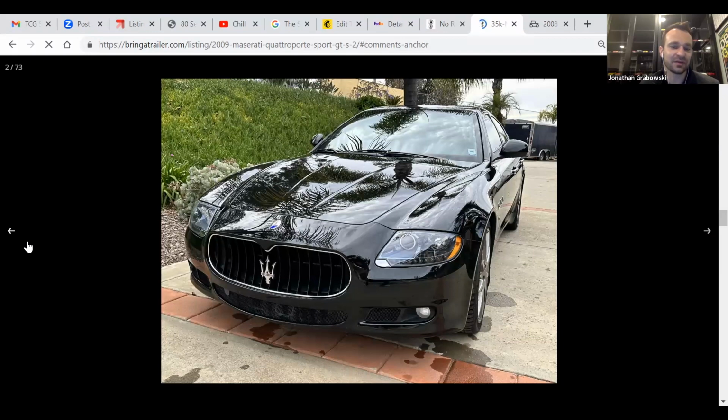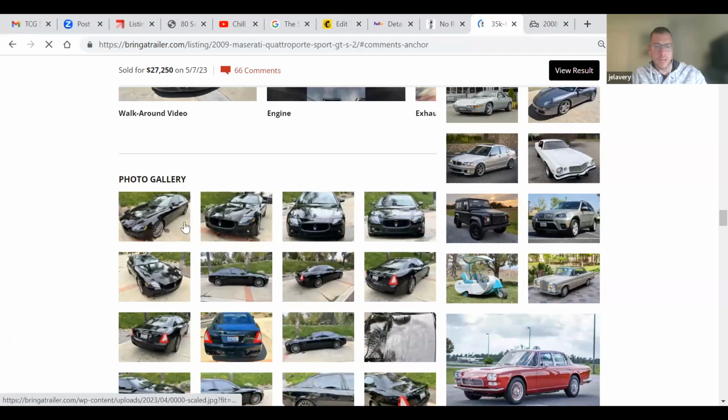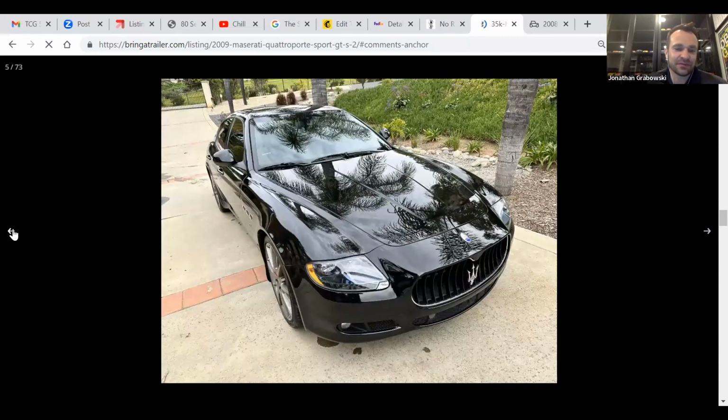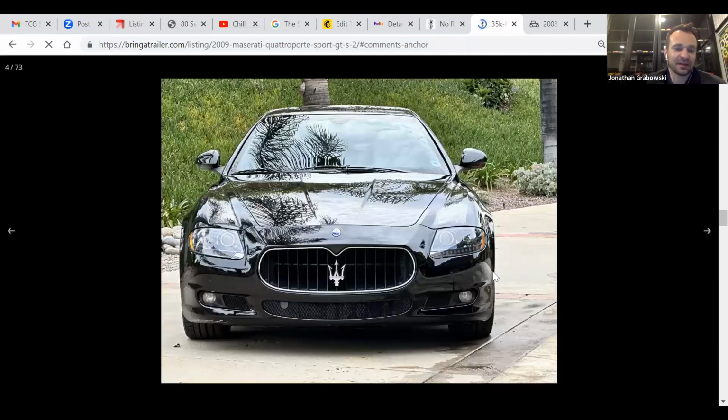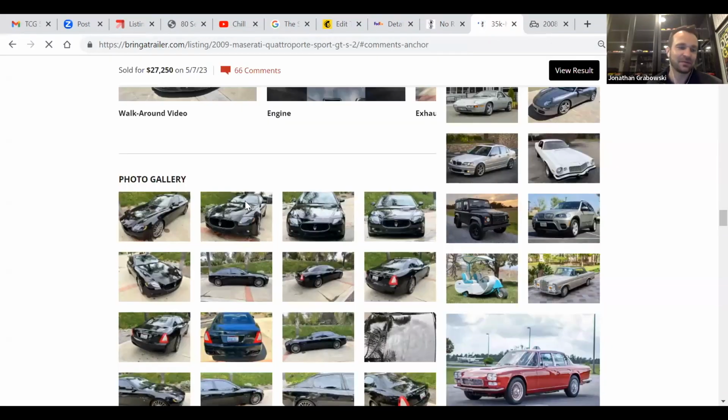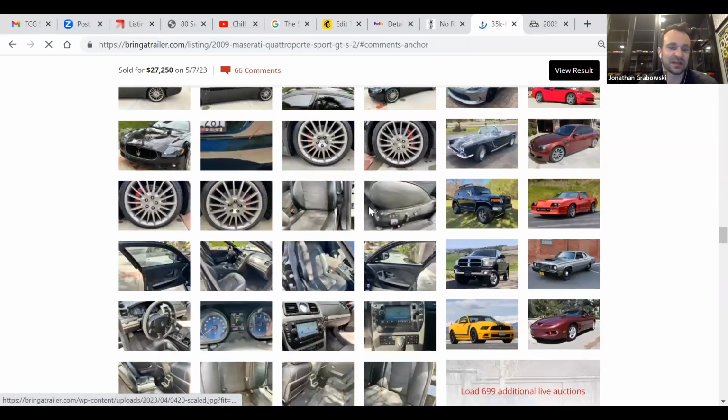And look at the body panels. Look at that gappage between everything too. It looks like from some angles, it's just weird. From that angle, it looks like a Z4 and a Jag XK had mated at one point. What are you saying, John? Kind of, even does, actually. Yeah. So I apologize to the person that bought this for slagging this completely, but